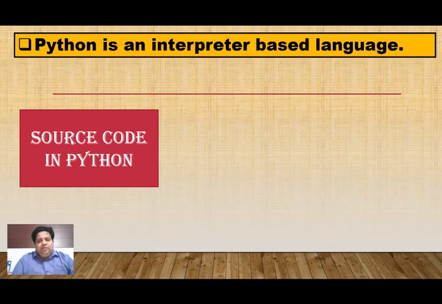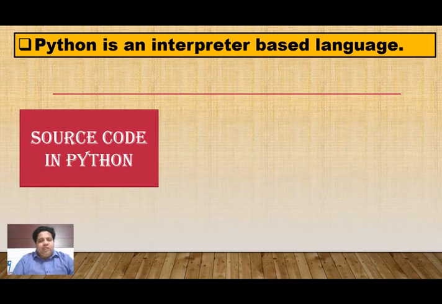When you write a HTML program, you use Notepad, and after writing your program in Notepad, you save it. What extension do you give to your HTML program? You give .html, or you can also give .htm. So HTML.html is a program file which contains your HTML code, that is known as source code.